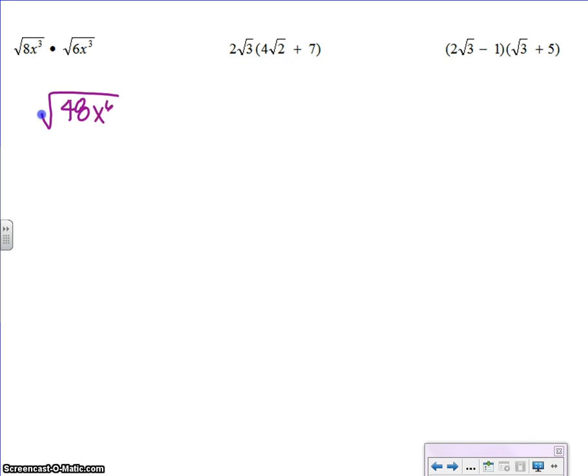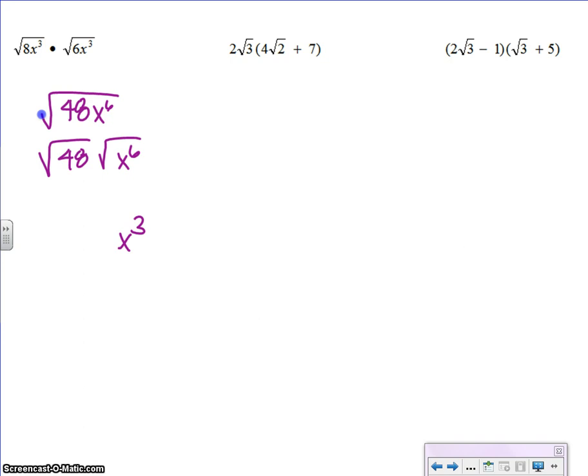Now we're going to break these into our 2 separate problems: the square root of 48 and the square root of x to the 6th. Now, the square root of x to the 6th is a perfect square because it's an even exponent. So I'm just going to chop that in half and start with my variable. X to the 3rd has come out, and I'm done with that now. Square root of 48, what goes in there? That's a perfect square, 4, obviously, but that's 4 times 12. We still have another perfect square that goes into 12, so we're going to want to pick the largest perfect